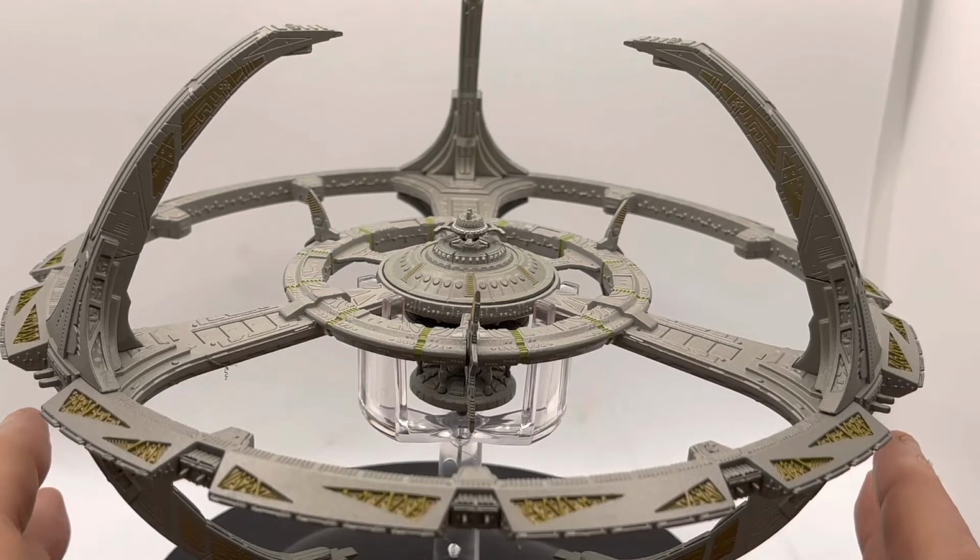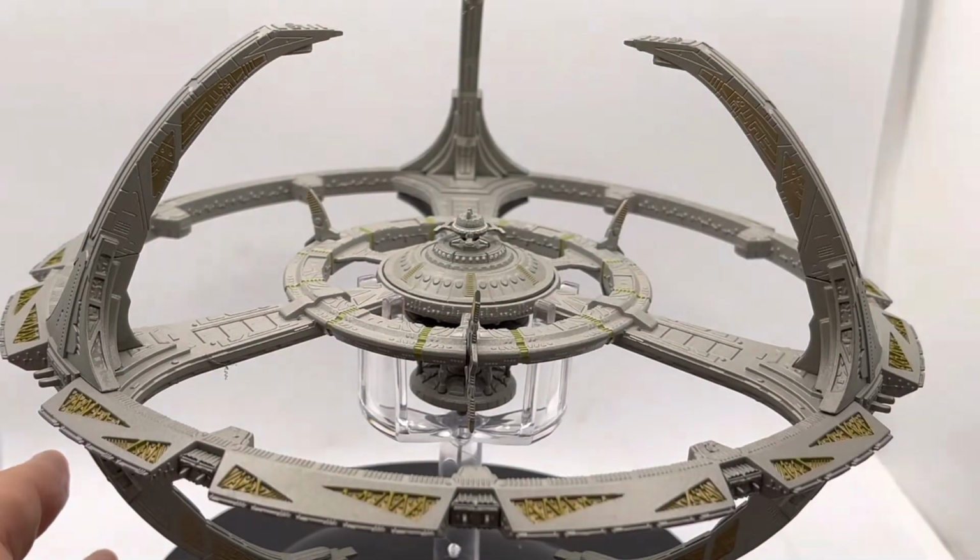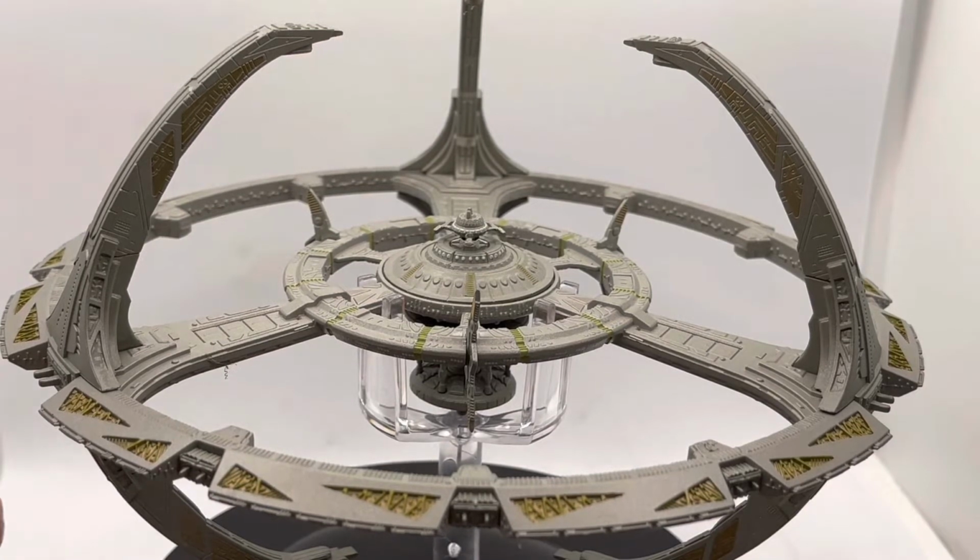Again, I fully anticipate there will be some who would wish it had greater detail on some of these pylons. To be honest, looking at that, I think for the price point and the scale, these detailings, these moldings are really good. Again, the central hub really beautifully pulled out. You could easily spend a lot longer looking at all of the individual constitutional parts of this, and you'll still find something